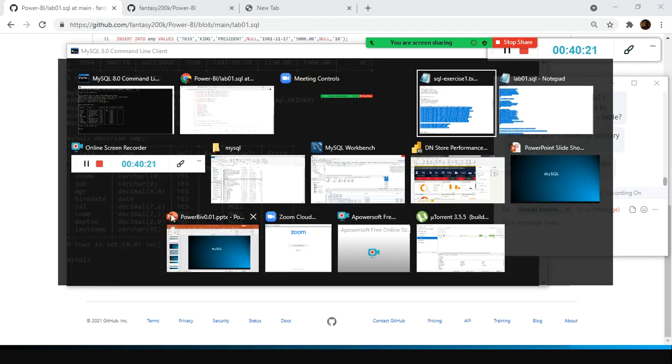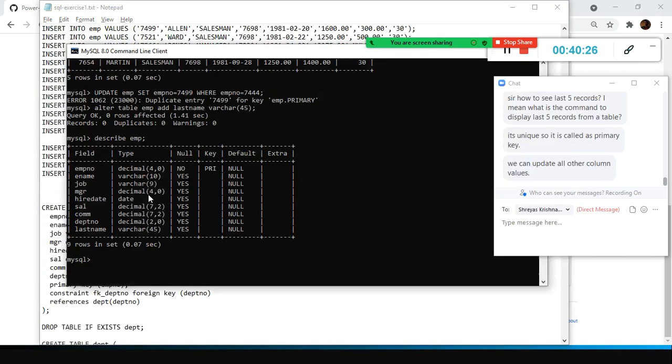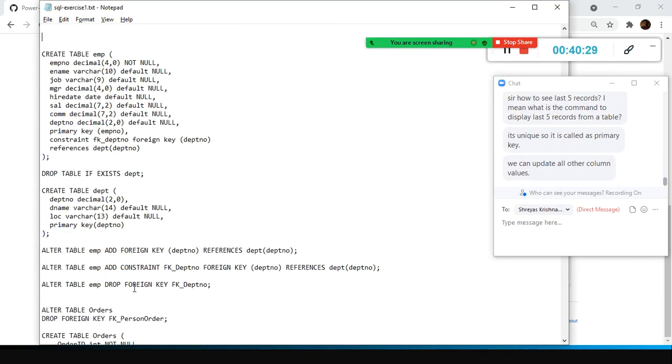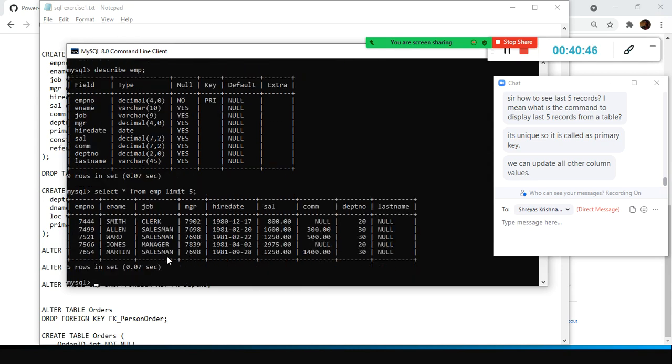Okay, so now you understood how to insert the data and how to modify the data. Now we will see how to create a foreign key reference to this. For example, in my case, employee table, I will select the data here. Listen very carefully. With this, I am going to wrap up. Sorry, I took much of your time. Even I have a lot of work. So 20, 30. This Smith belongs to depart number 20, and this Jones belongs to depart number 20, and the rest of them belong to depart number 30.